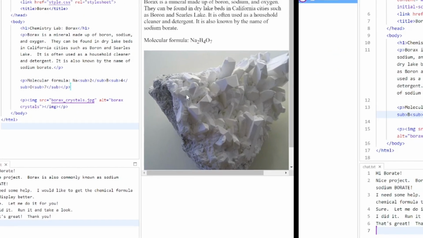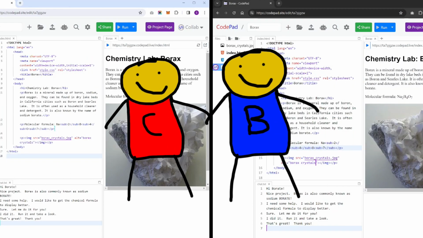So there you have it. Here I've shown you that Collab and Borate were able to